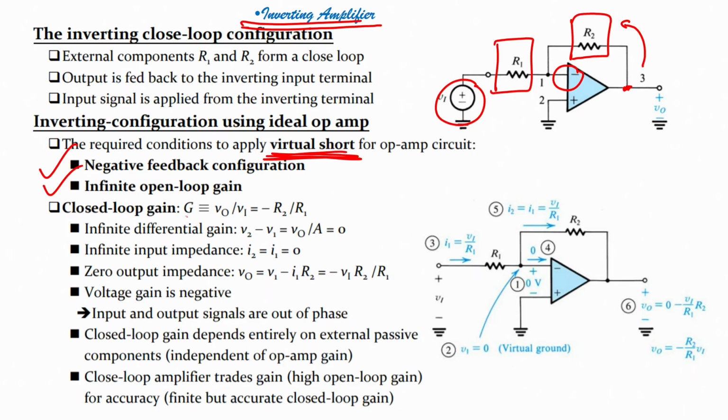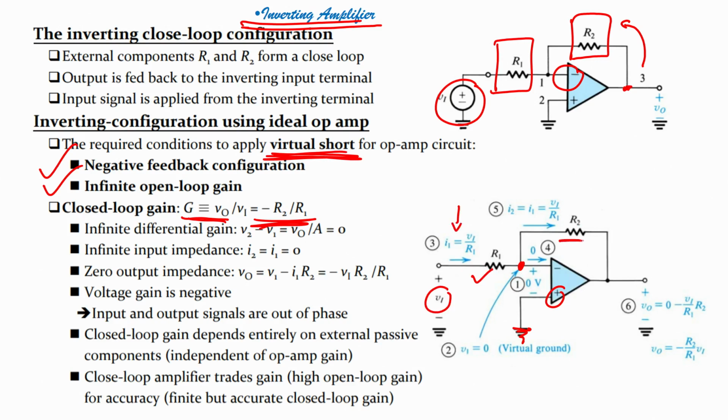Closed loop gain G equals VO by VI, right, VO by VI, which is nothing but minus R2 by R1. See, if I see here, at this point it will be virtual ground. We have seen the concept of virtual ground, right, because this terminal is grounded, our non inverting terminal is grounded. That is why the point at inverting terminal will also be considered as ground, a virtual ground. So, if I have a resistor R1, I apply voltage V1, then the current flowing through my resistor R1 would be nothing but I equals V by R1.